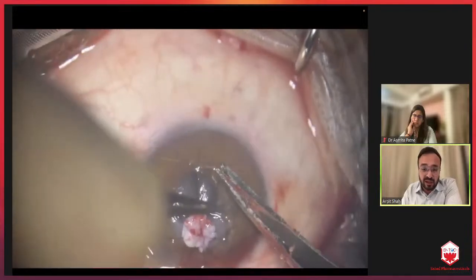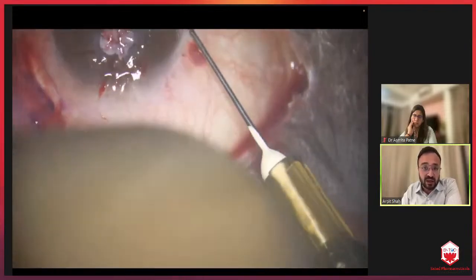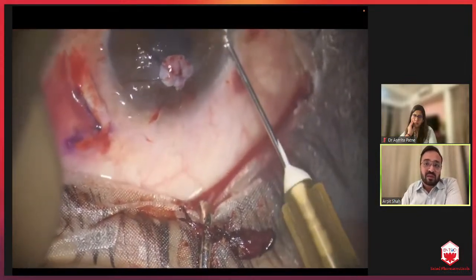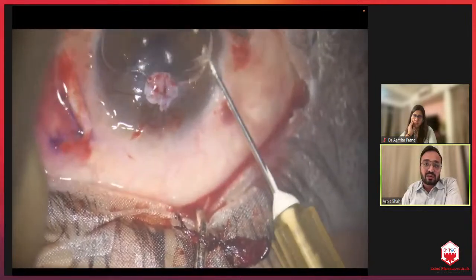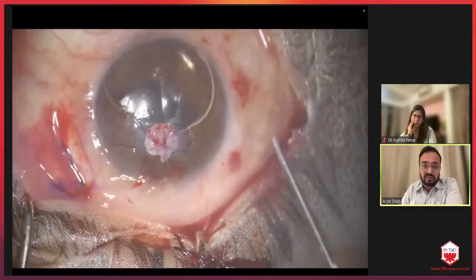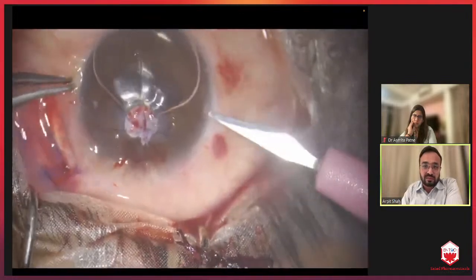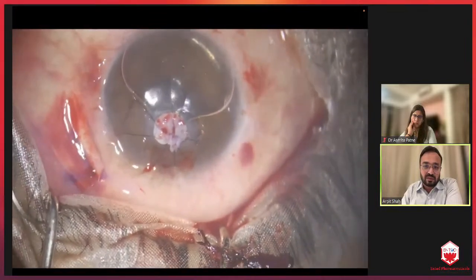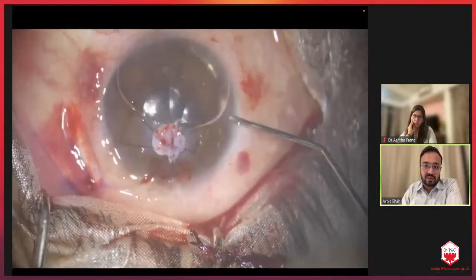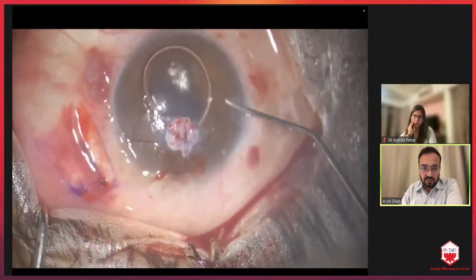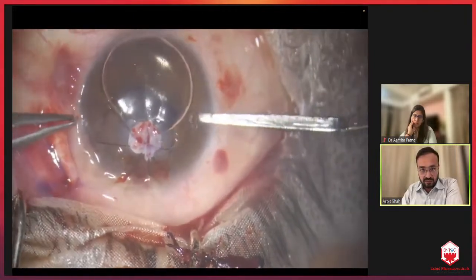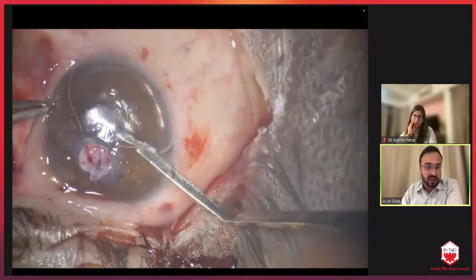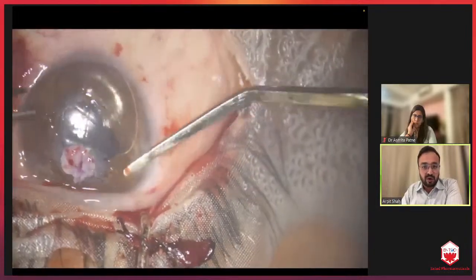At that time we can put some extra sutures there, or we can add cyanoacrylate glue as well, or amniotic membrane can be used in such cases. Using an iris depositor, I've tried to separate the iris and then form the anterior chamber.